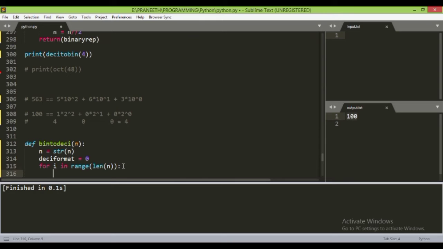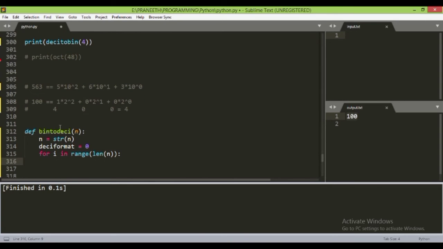So now for the calculation of this k, we would require k equal to, so this length, if we consider this length as 3 for this value 100, so 3 minus 1 would give us 2 and the initial value of i would be 0. So let's assume if we take the length of value minus 1, we would get 2 and minus i. This i would be taken to reduce one number each time for next loops.